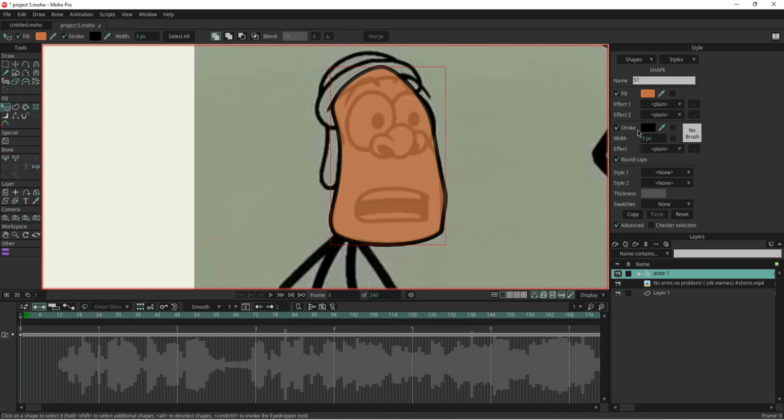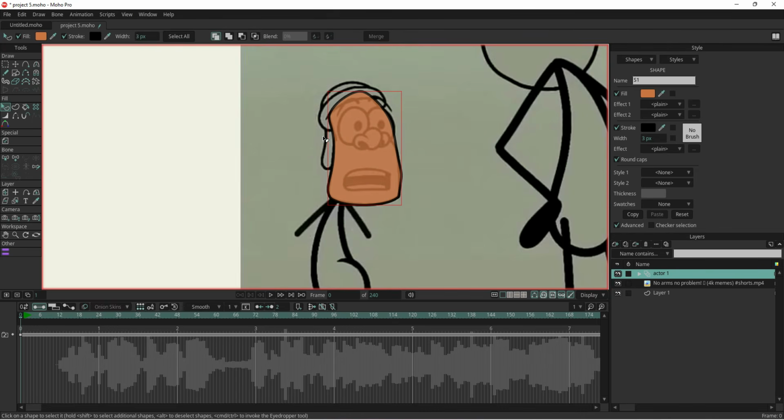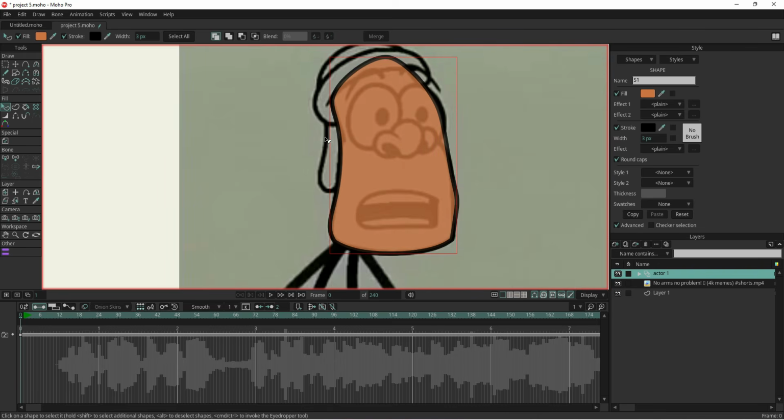Remember, you need to have a reference while you are animating. And you can also get it, if it's not showing there, you can get it from that window section, which you can see right away on the screen. Okay, now moving on